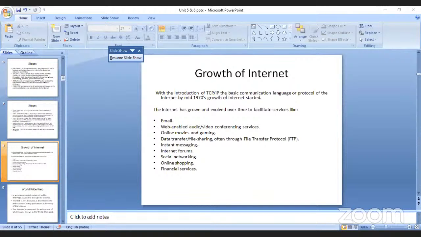Google is a search engine. Mozilla is a search engine. All these are search engines. These search engines allow you to search for content. Search engines allow users to search the internet for content using keywords. When you use a keyword, if you go to the Google web search engine or Mozilla Firefox, you go into it and you come up with a keyword.